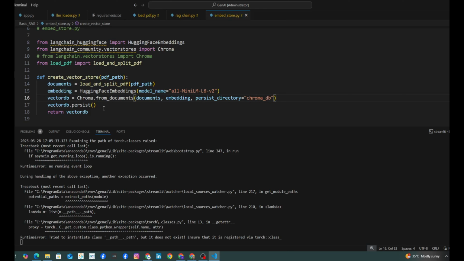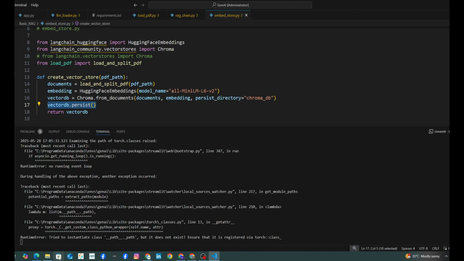So the next line is vector db.persist. This particular line saves our chunks and their respective text into the Chroma DB so that we can use it later without reprocessing the documents and embedding every time the app runs. So what it does, it basically stores whatever we upload.